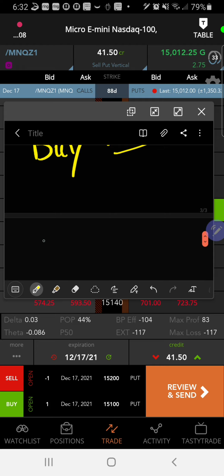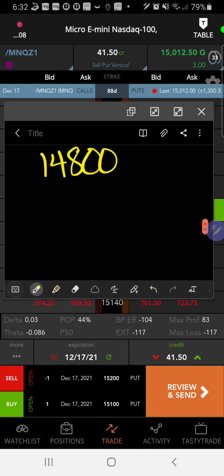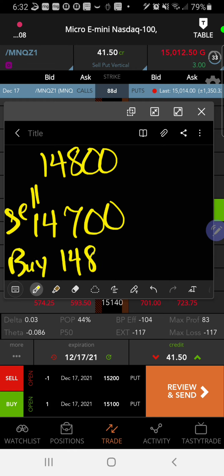This bad boy went to 14,800. And I saw it start to look like it was potentially consolidating. But really, I was just watching volatility, and I was watching to see if that volatility was going to subside. And this is the thing, I'm just guessing. I'm just guessing while I'm doing it. But during that time, as I'm guessing and incrementally, I am continuing to add to the trade, but I'm adding different strikes.